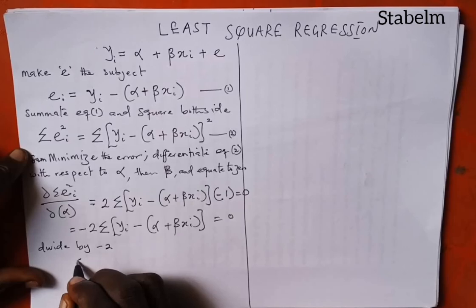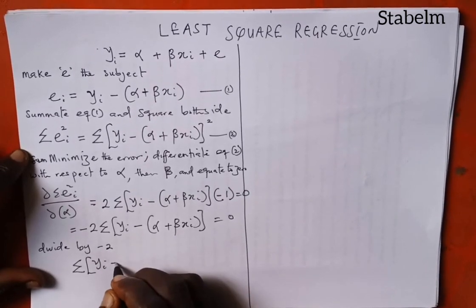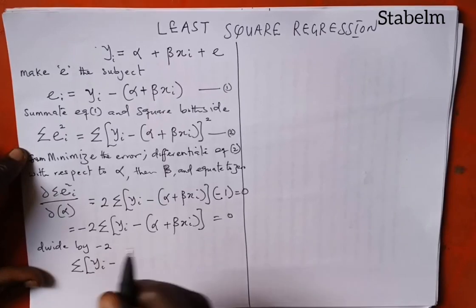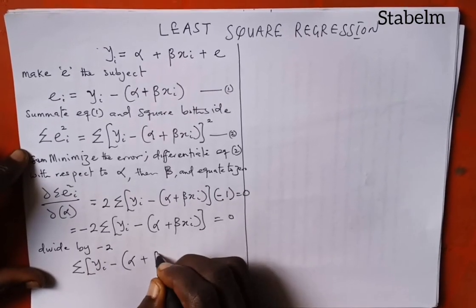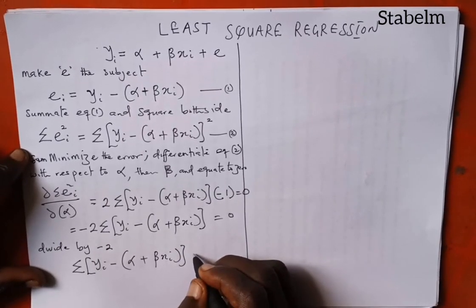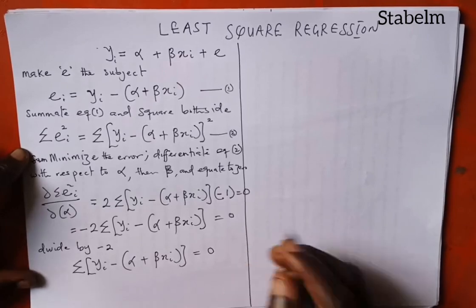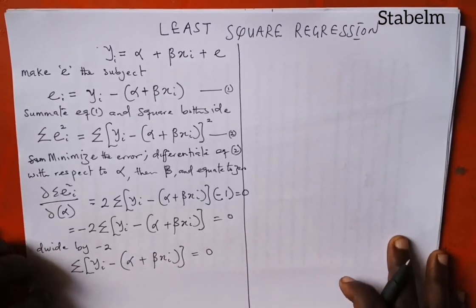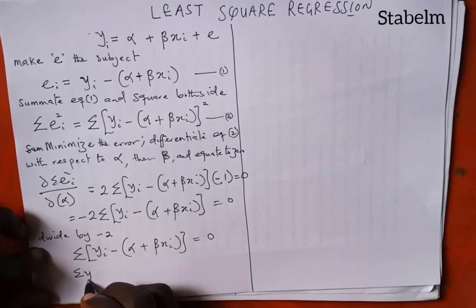The 2 cancels, so it is out. We have summation into brackets y subscript i minus alpha plus beta x i equals to 0. If you divide 0 by minus 2, we have 0. So remove the bracket. We have a summation y i